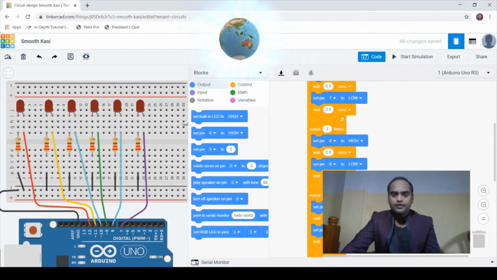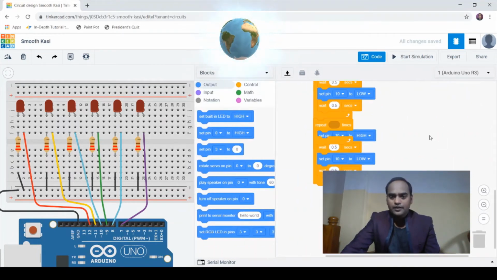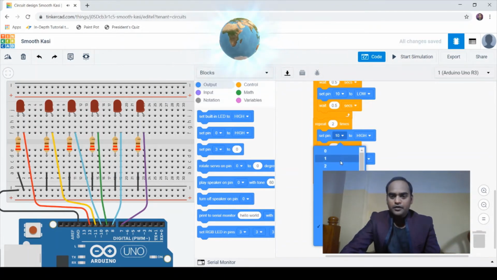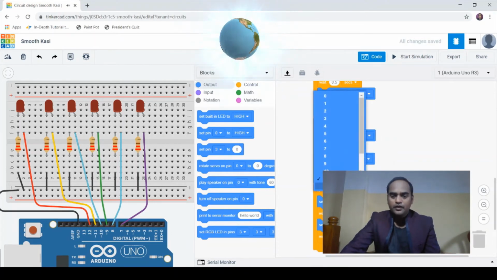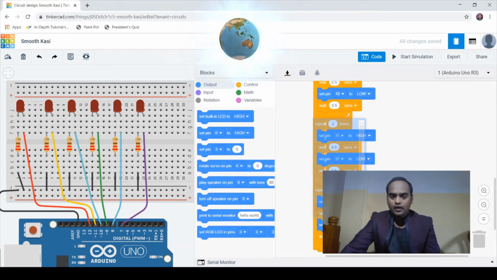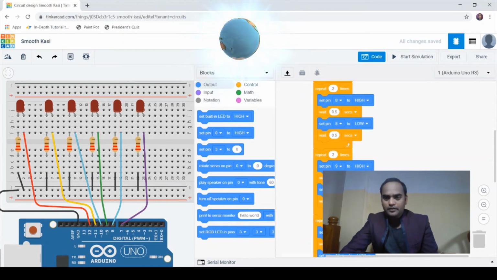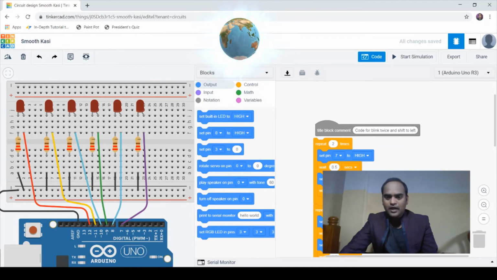Let me increase the window size here. That's fine. And here we were. We had made the duplicate repeat block. Let me place the repeat block here, and this time, before repeating, let me drop it in the bin, and let's repeat for pin number 11. So here it is for pin number 11, and let me make a copy. Let me make a duplicate of this, and now lastly and finally, pin number 12. Let me quickly go through, are there any bugs or issues? 10, 11, 9, 8, 7. I think it's done.